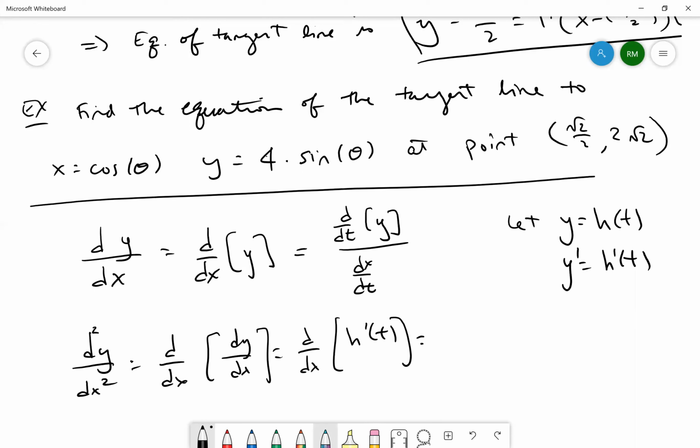So what our equation above is telling us is that we merely substitute h prime of t in for y, and we get the derivative of